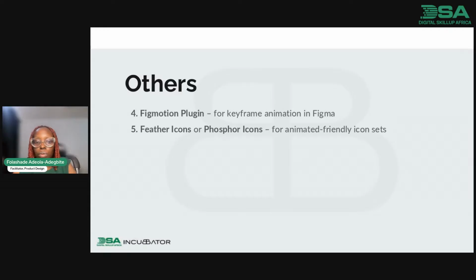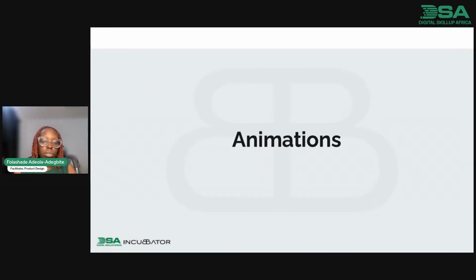So before we move to animation, right? Can you, in your own word, tell me what micro interactions are? Or you can use something to talk about it, to picture it.